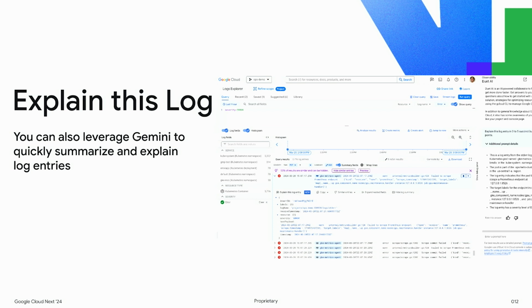Similarly, when we look at this explain log function, again, we have this downstairs. I'm just going to grab my water here. We have this downstairs, but if you are looking at a log in the Log Explorer, you can see this